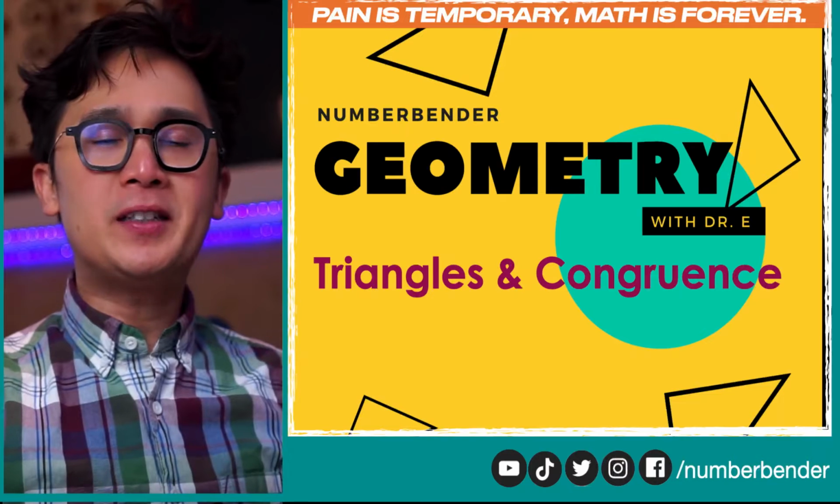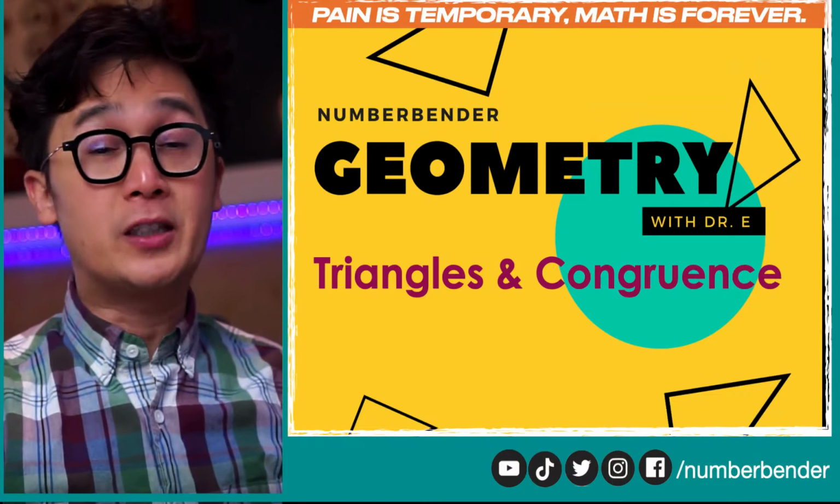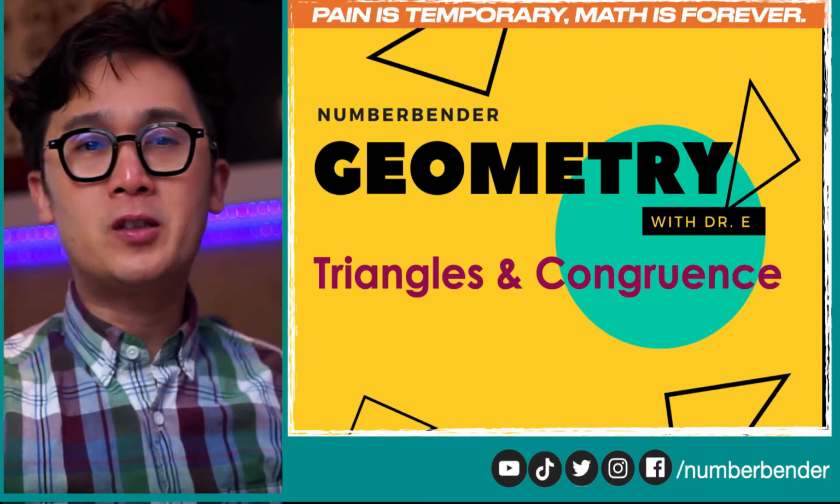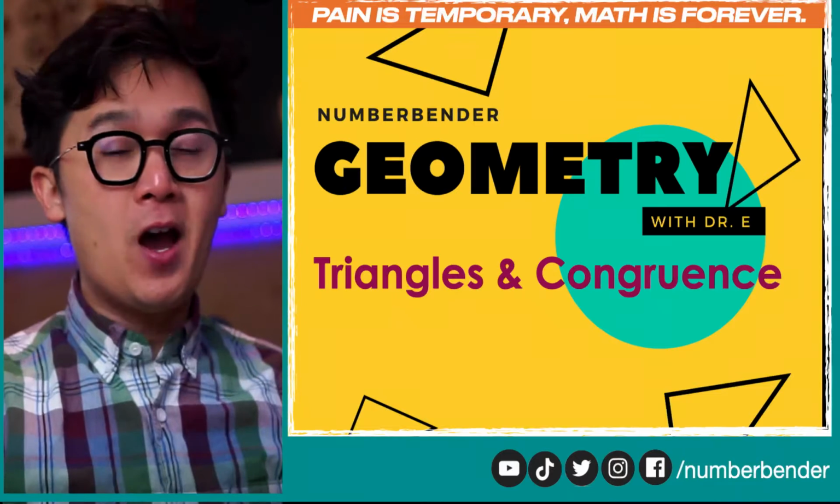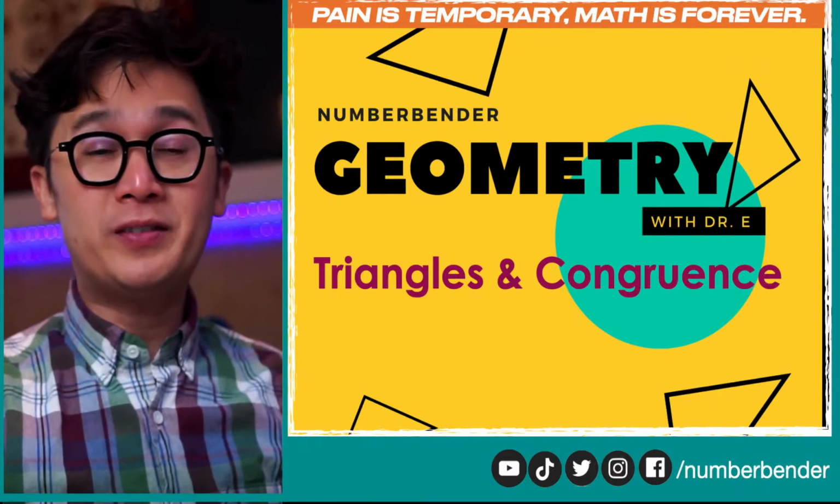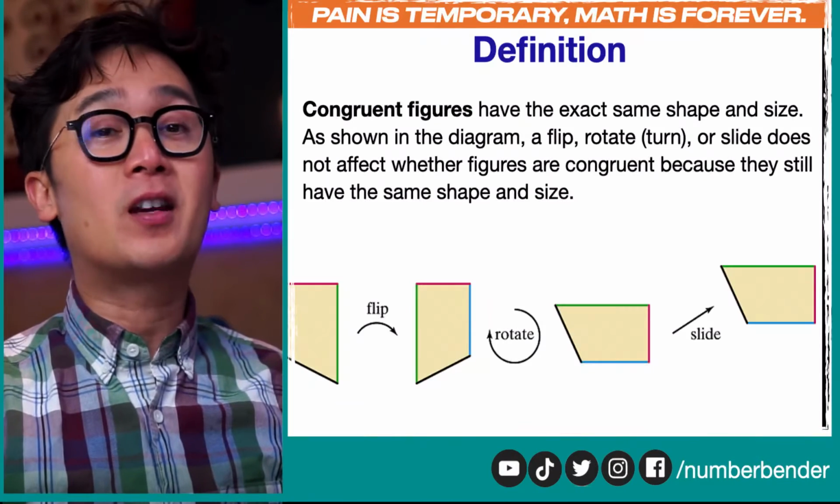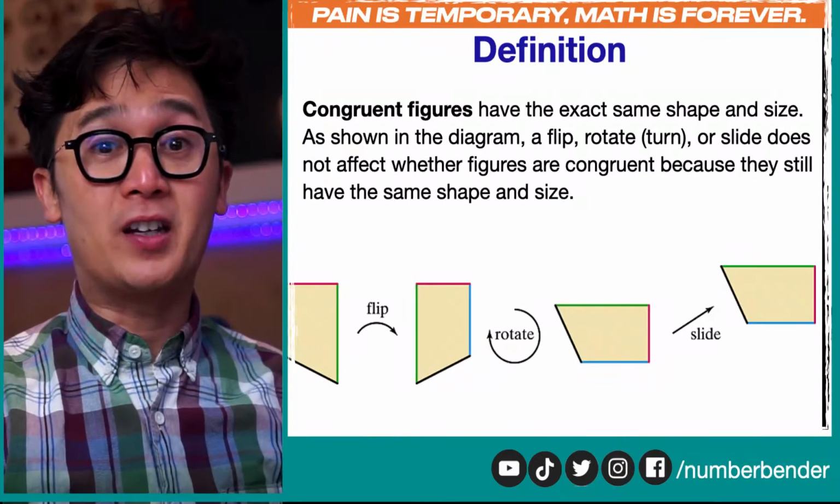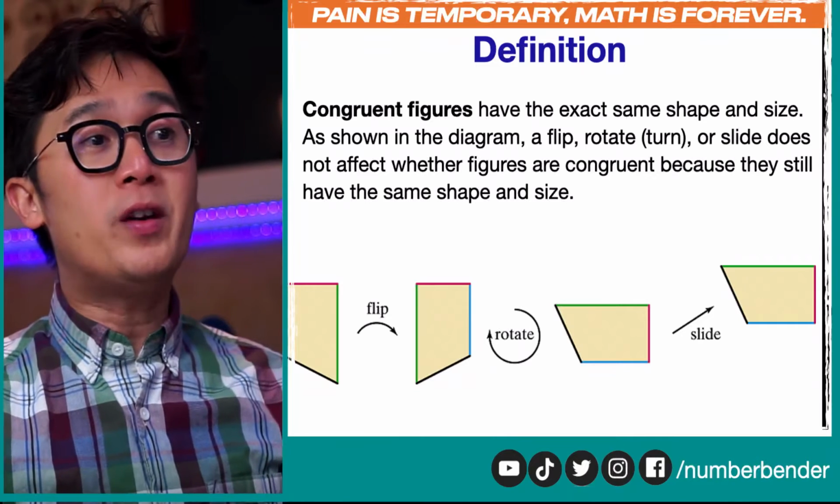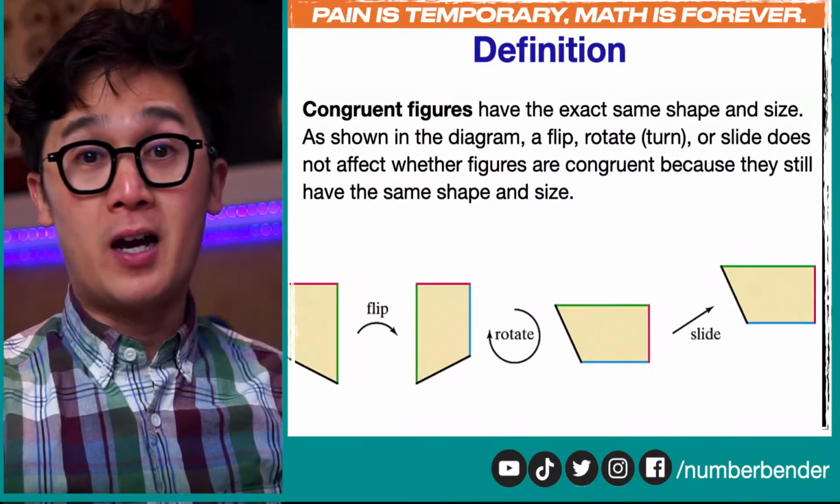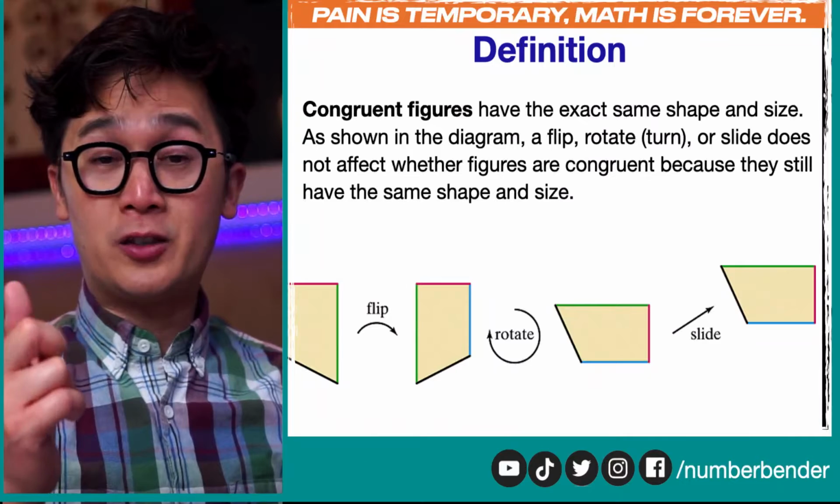We know that it's really challenging for most of us to write two-column proofs, and for today we're going to be working on some techniques on how to write two-column proofs and answer problems involving triangles, involving the congruency of figures. So by definition, congruent figures have the exact same shape and size,